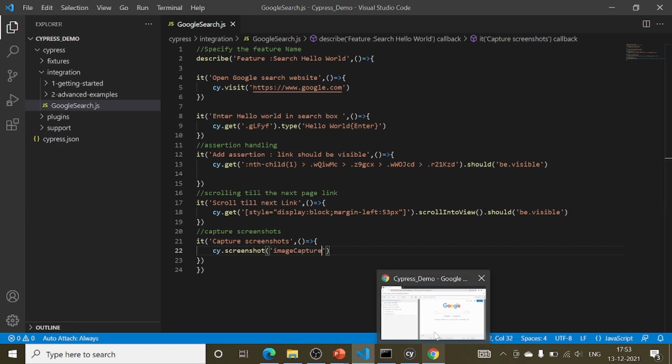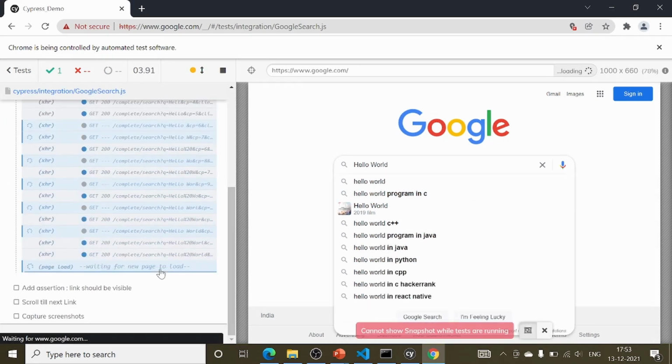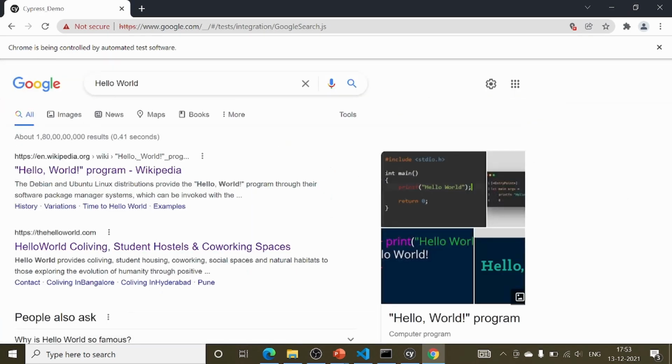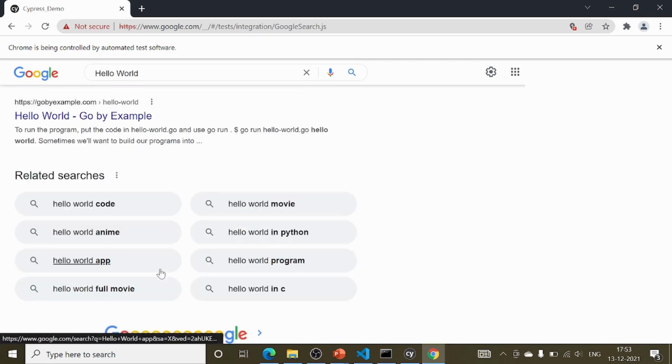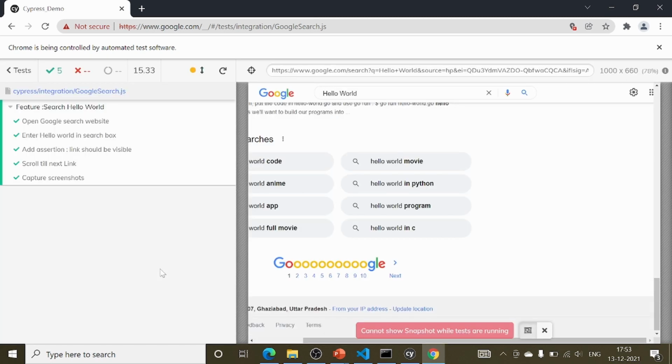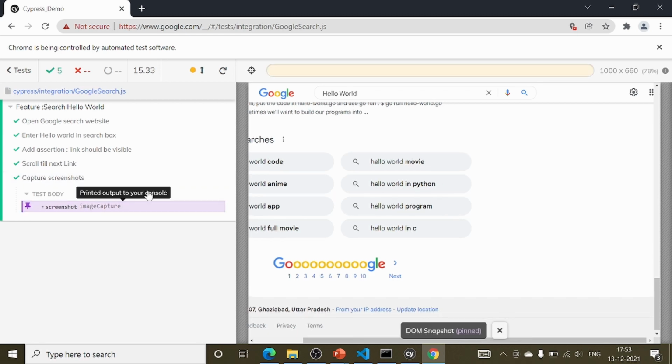Now let's see how it executes. Going back to the launcher, scrolling down till the next link, then the next step is to capture the screenshot. So it says this is completed.